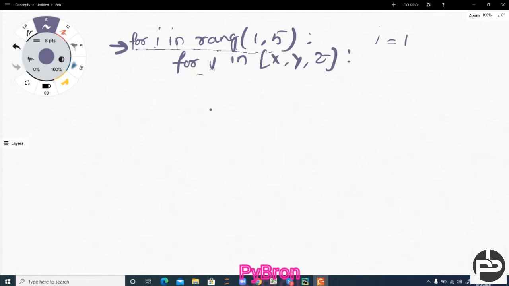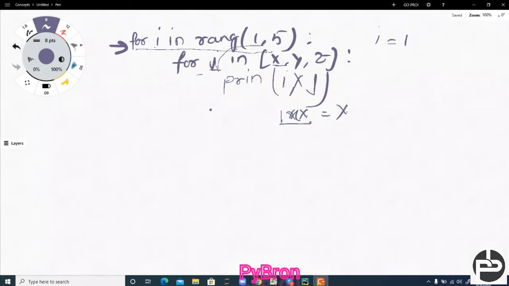Here the values are j in x, y, z, and we told it to print i into j. Now try to understand the concept. The i value will be 1, and j will first point to x, so 1 into x, and the output we are getting is x.